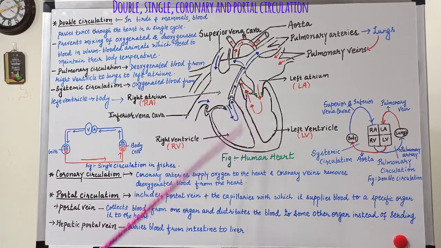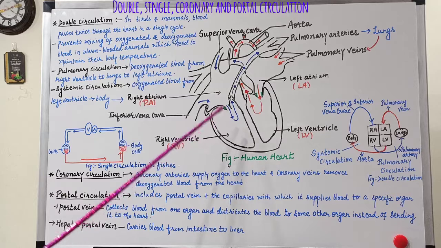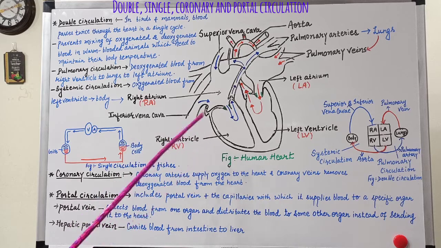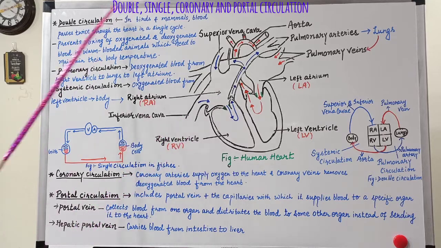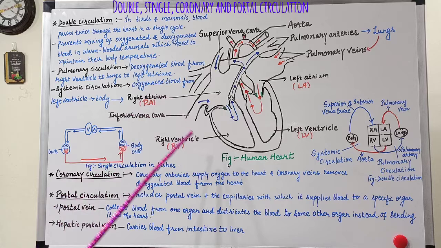So amphibians and reptiles can work with this mixing of blood because they are cold blooded and they do not need to maintain their body temperature. Their body temperature remains the same as the temperature of the atmosphere. So fishes have the two chambered heart, amphibians and reptiles have three chambered heart, except crocodiles which have four chambered heart like birds and mammals, and birds and mammals are having the four chambered heart. So you can see the evolution of heart in these groups of organisms.